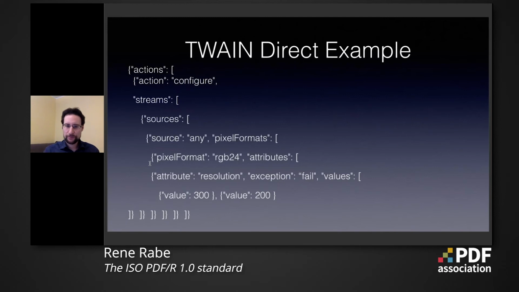Again, this is just a brief introduction, of course. There are many more details to configure in terms of scanner functionality, but I think this illustrates where these APIs are heading to, how simple working with devices is in the future, and especially in this use case, directly delivering PDF,